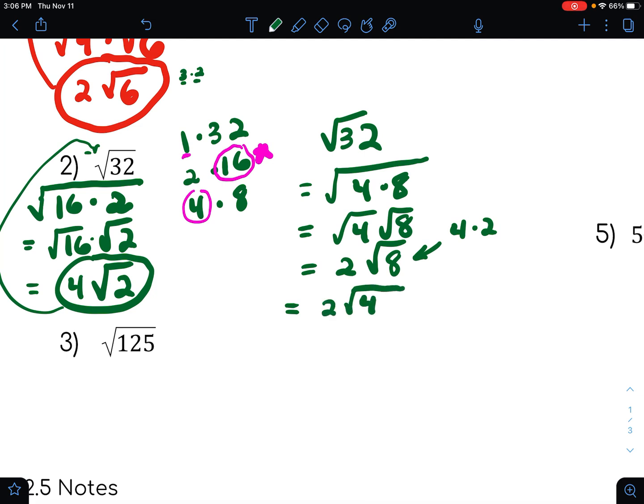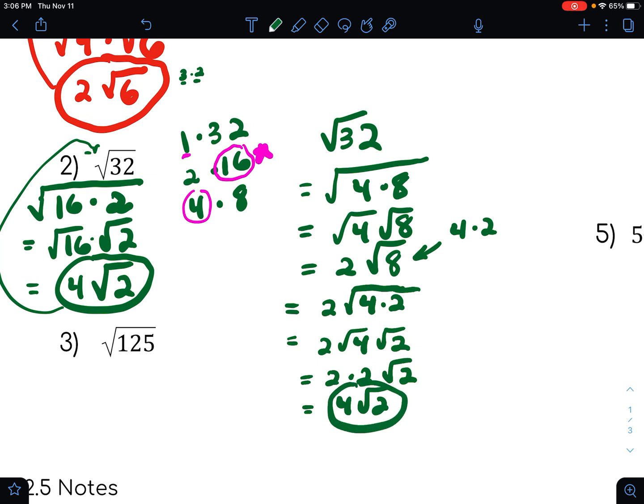So we can still keep going with this and say, okay, well that's 2 times the square root of 4 times 2, which is the same thing as 2 times the square root of 4 times the square root of 2, which is the same thing as 2 times 2 times the square root of 2, because the square root of 4 is 2. And 2 times 2 is 4, so 4 square root of 2. Notice we end up with the same answer as we ended up here, but it took us a lot more